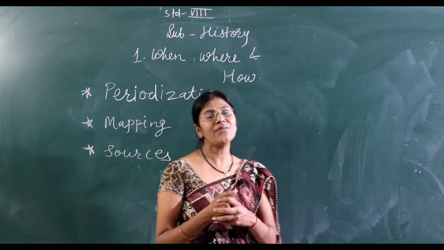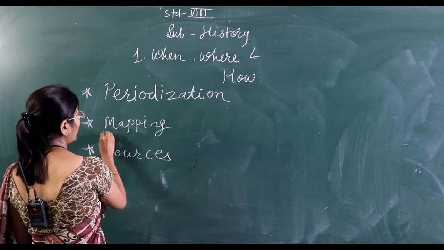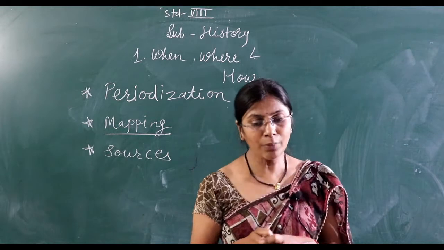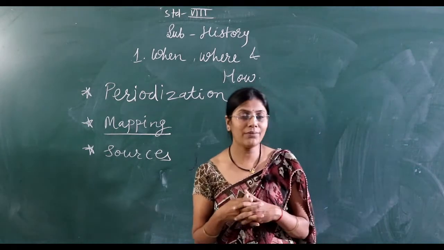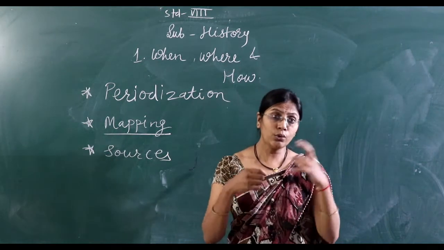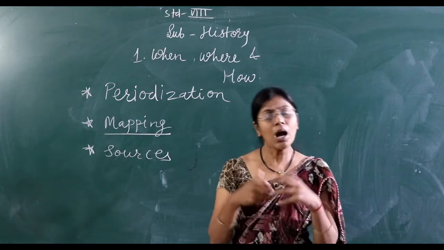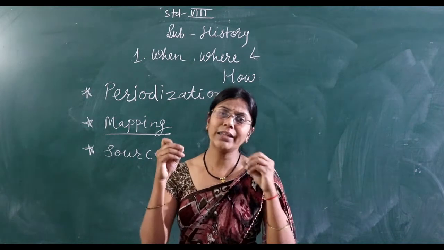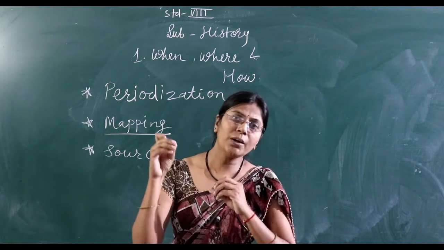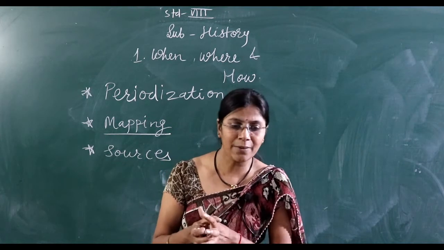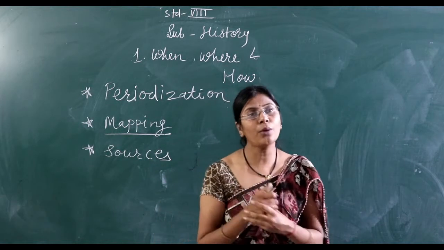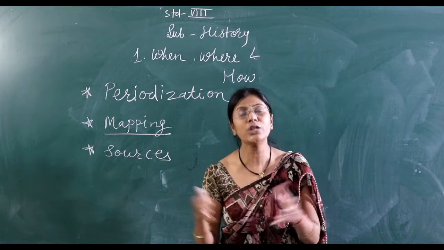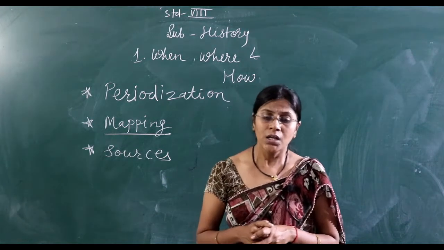Mapping is very important. Everyone knows very well about the map. A map means showing the location. One of the biggest tasks when the Britishers came to India was to rule all over the country. How did they rule all over the country? They needed to know about particular places. Through mapping of the subcontinent, it was very easy to find out the different parts of the subcontinent.